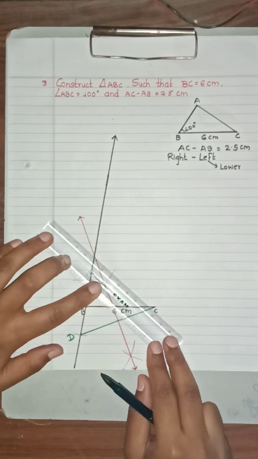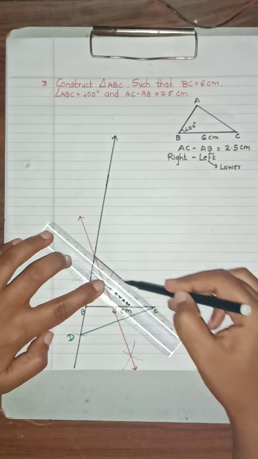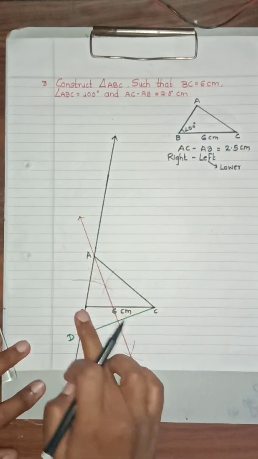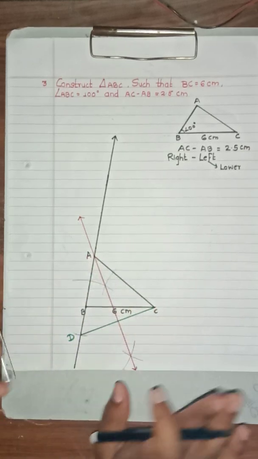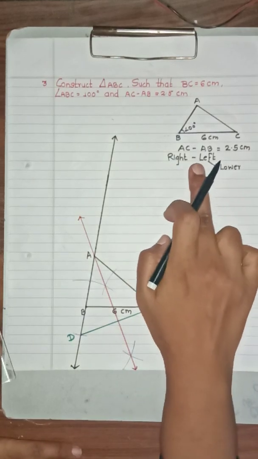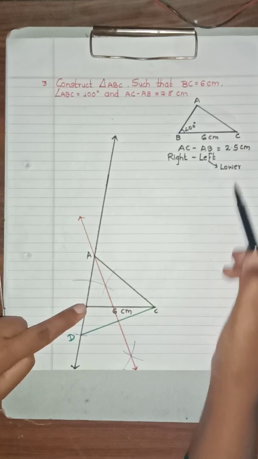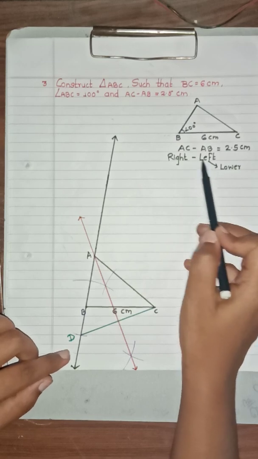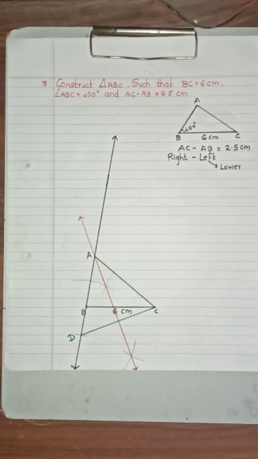Okay, now see here. And this is your triangle ABC. Got it? ABC is your required triangle. Got it, everyone? So remember this trick. When left comes after the minus sign, that time you have to draw the diagram below. Okay, and if right comes after minus, then you have to draw the diagram above. Okay, so this was the trick for today's session.